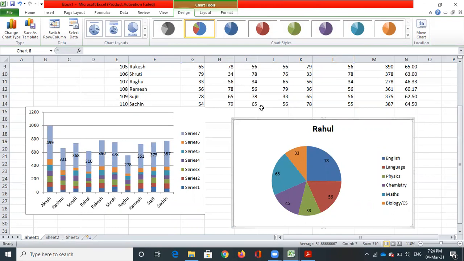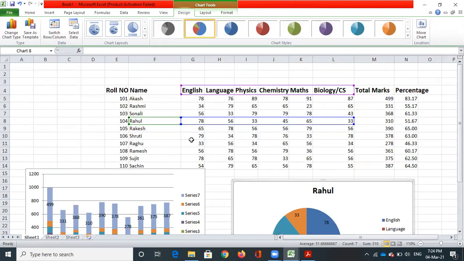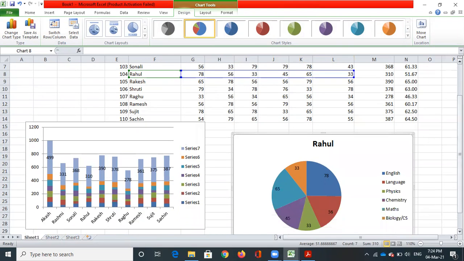In the examination they may ask you to prepare the graph for say Ramesh or Sujit and so on. So for any student you should be able to do that. So two things we have learned. One is we can have the graph for all the students together with their total marks, or instead of selecting total marks you can also select the percentage as well. That can also be done. Or we can have a plot for an individual student. For selecting the individual student, you need to select the rows. So that's all we have in this program. Thank you all.